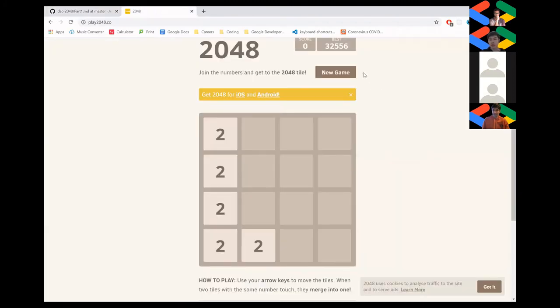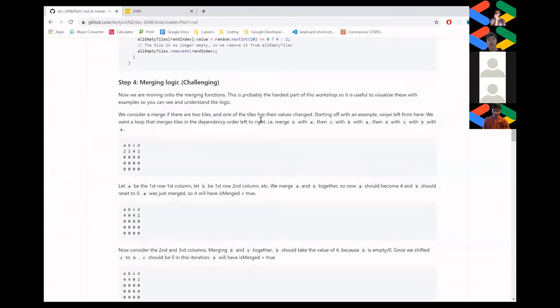But what I mean by merging is, let's say we have 2 here. Merging would be basically, if I go down, I expect these 2 numbers to merge into 4. So in this case, it turns 4. And if I merge left, I expect these 2 numbers to merge to the left. And likewise, if I go down, these will become 8. So how we're going to be doing that is